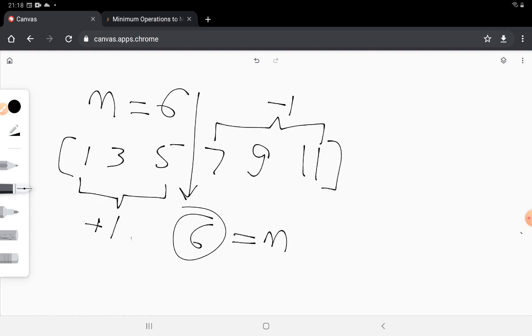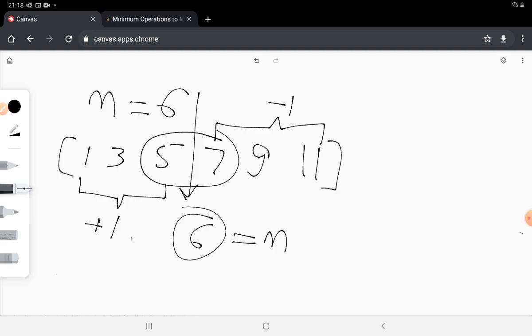So one thing that we can definitely say is that when we perform these operations, we would want all the elements to become equal to the central value in the array. So in case of an odd sized array, it would be a singular central element, and in case of an even sized array, it would be the central value between the two middle elements of the array, for example 6 over here. So in any case, it would be equal to n, which is basically the input length of the array that we have been provided.